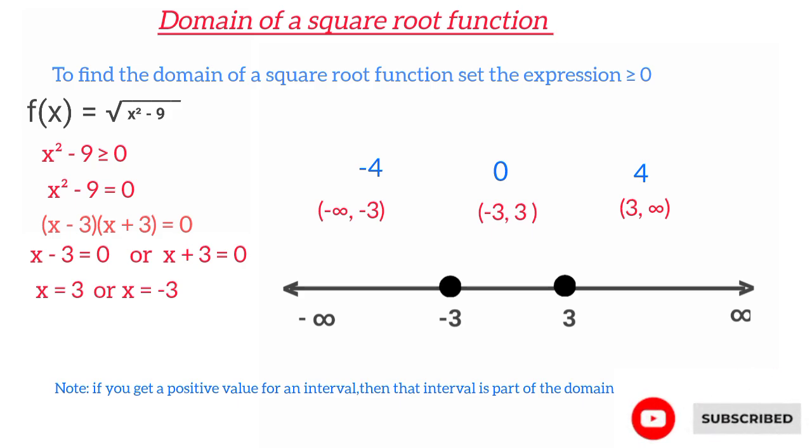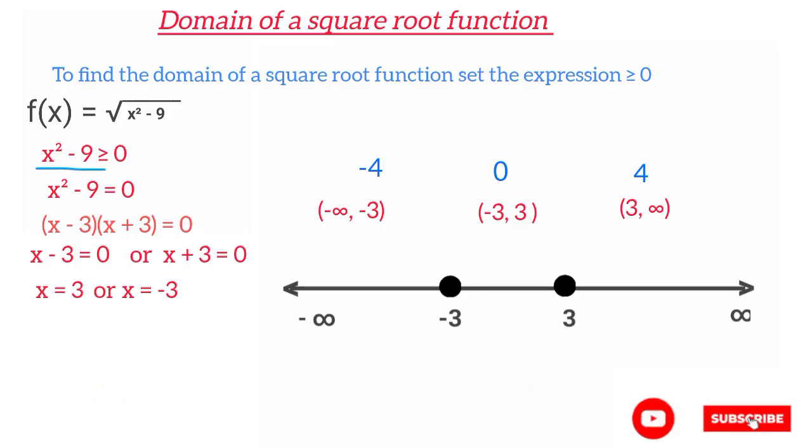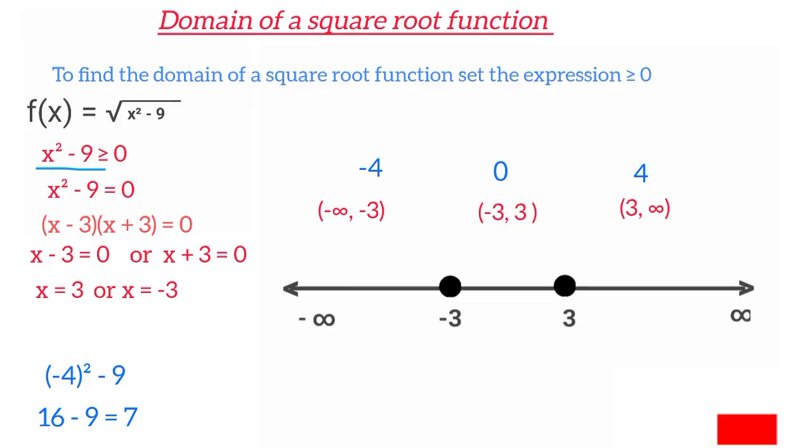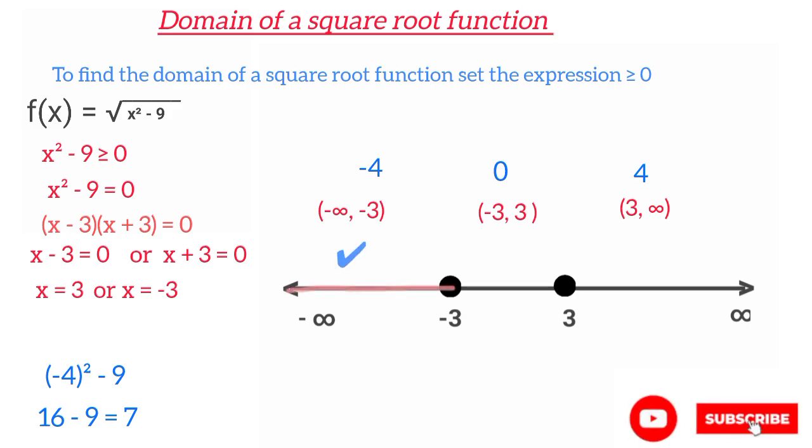So, for the first interval, we have to use minus 4. Substituting minus 4 into this expression, we have minus 4 squared minus 9. Minus 4 squared gives us 16. So this becomes 16 minus 9, and that is 7. 7 is a positive number. Since we have a positive number here, then the interval negative infinity to negative 3 would be part of the